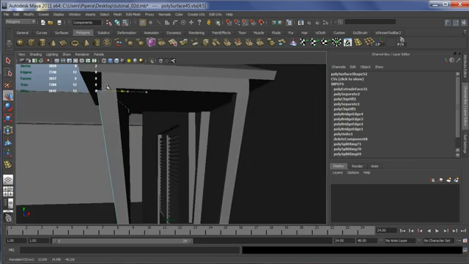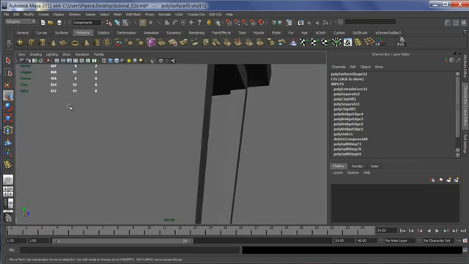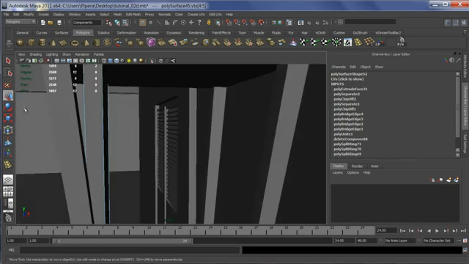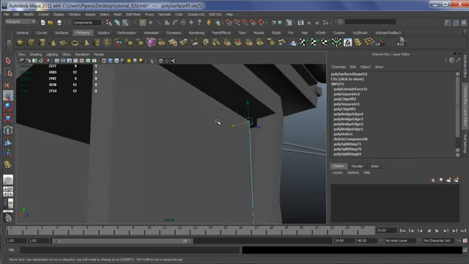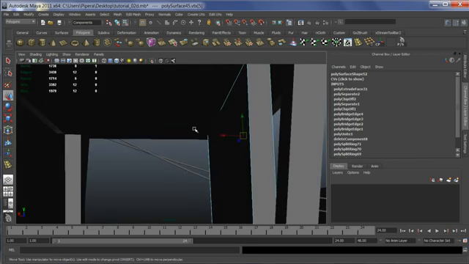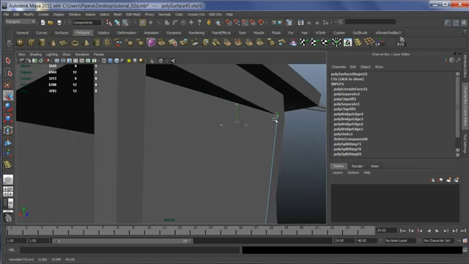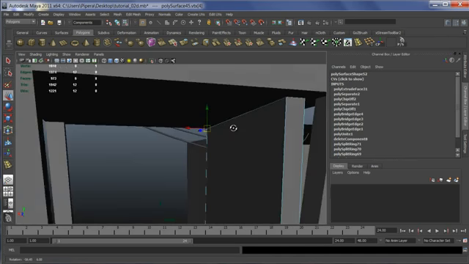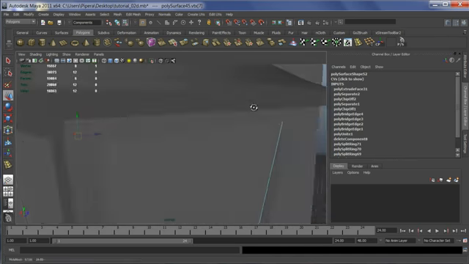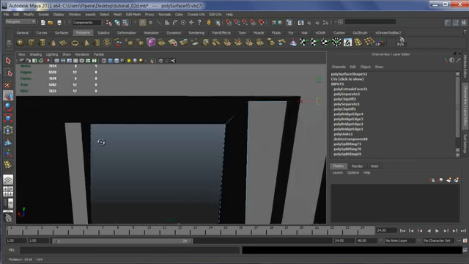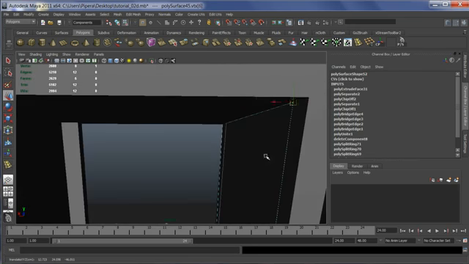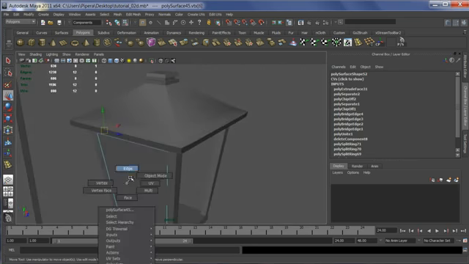We need to do it one by one. So select one vertex, hold V and snap it into position. Select the second one, do the same. And again the same with the other side. Now I have a nice